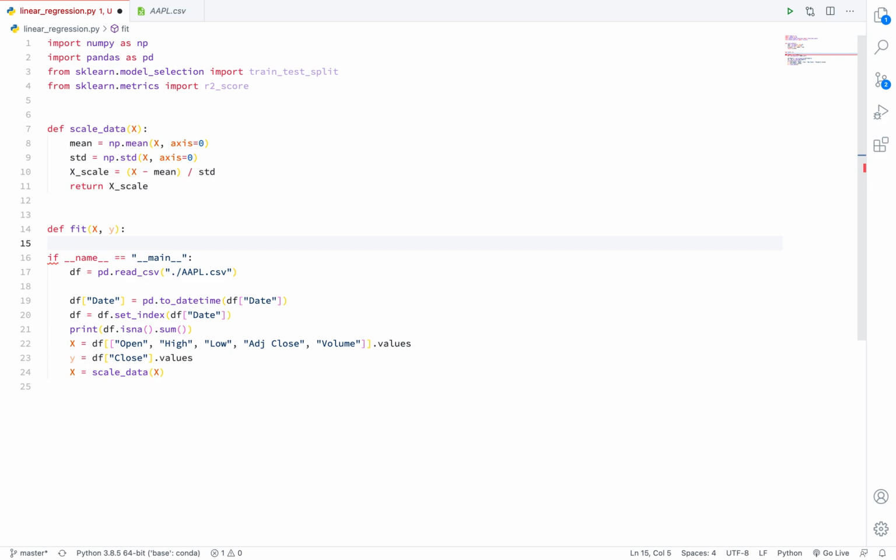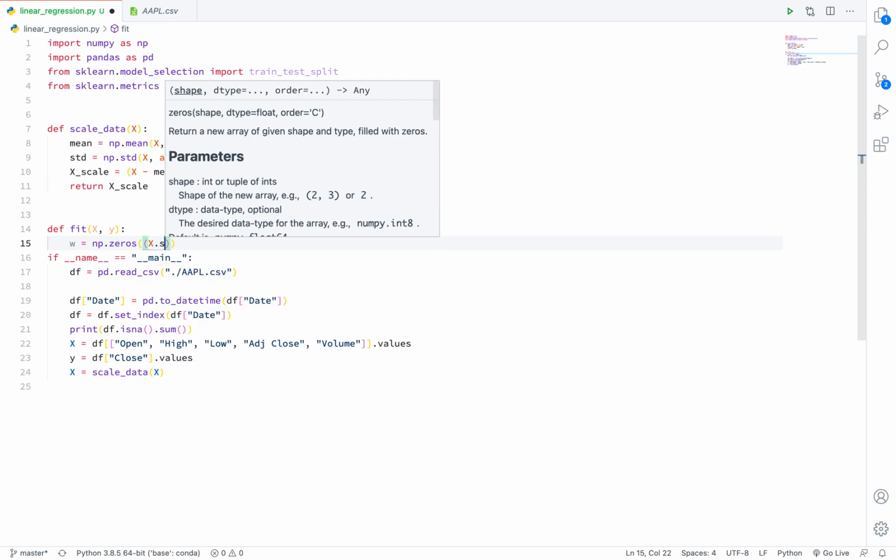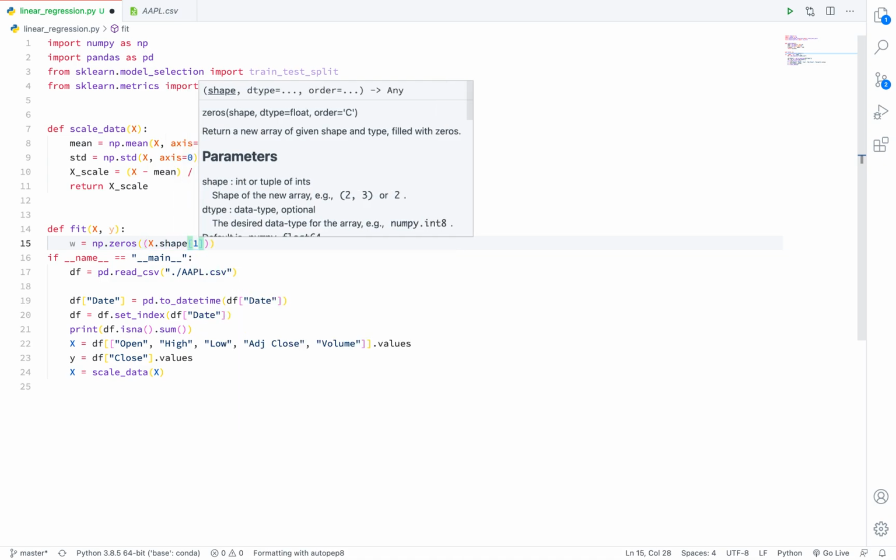So here we will code gradient descent. We are finding the weight and bias using gradient descent. Let's initialize the weight with 0. Basically, initializing the weight with 0 is not a good idea. Weight should be initialized from a standard normal distribution or uniform distribution. But for this simple data set, we can initialize the weight with zeros. So we simply write x dot shape 1.